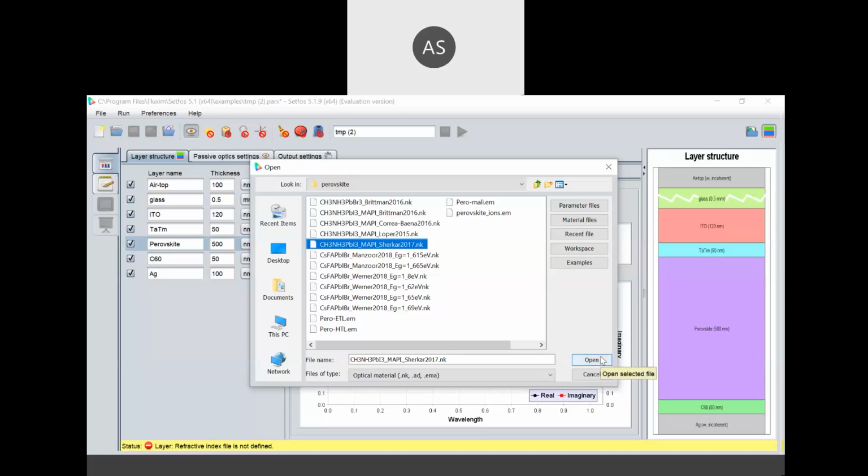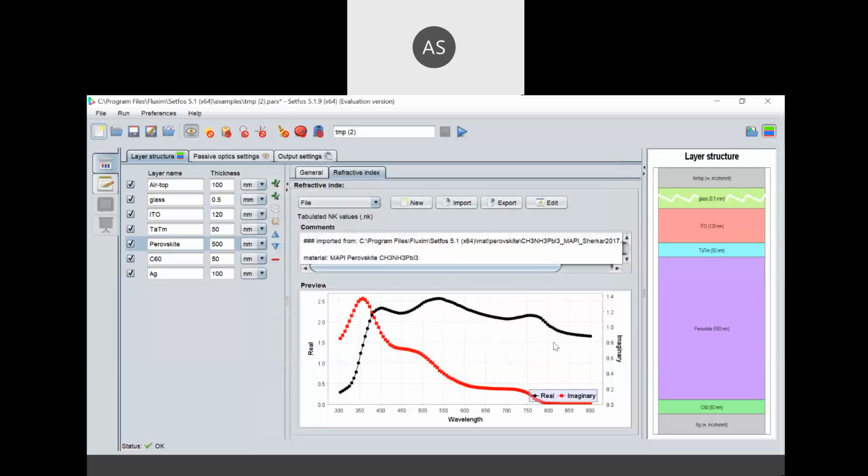So I simply take any one. I put this CH3NH3PbI3, and the reference is also given, from which reference the data of this MAPI perovskite is taken. So the DOI reference number is also there. From there, this measured data is taken for perovskite.